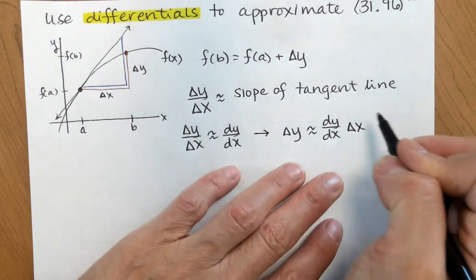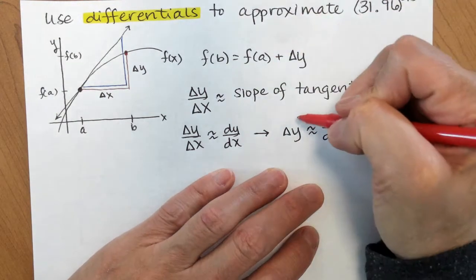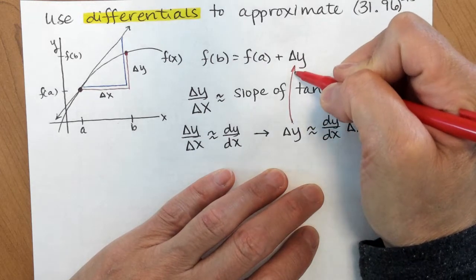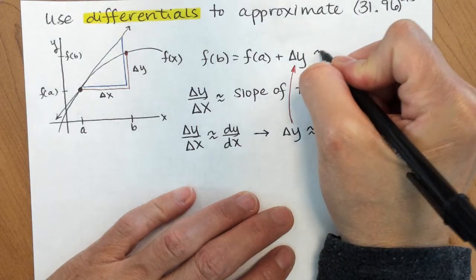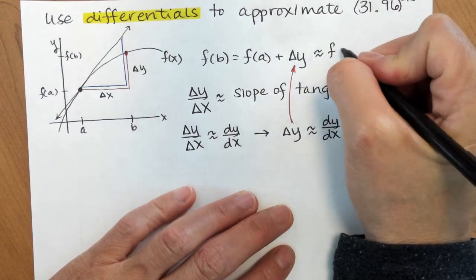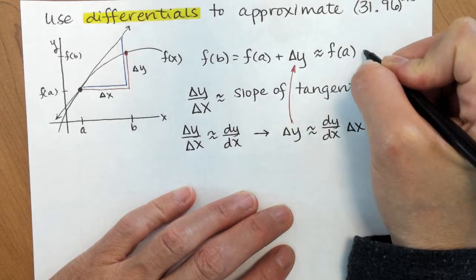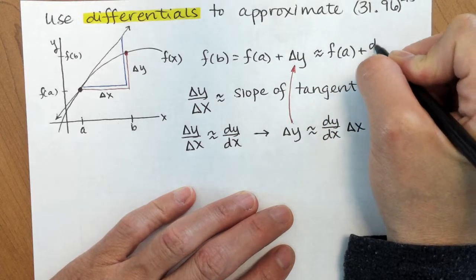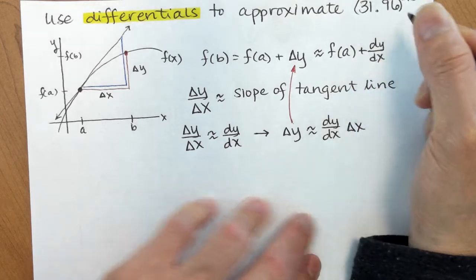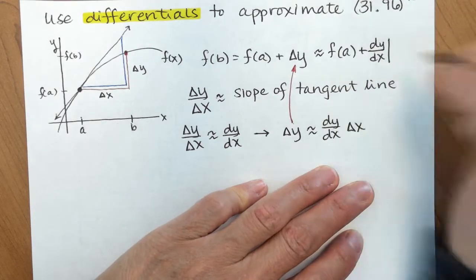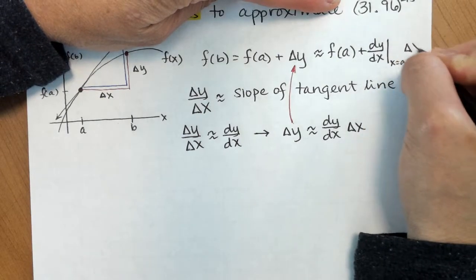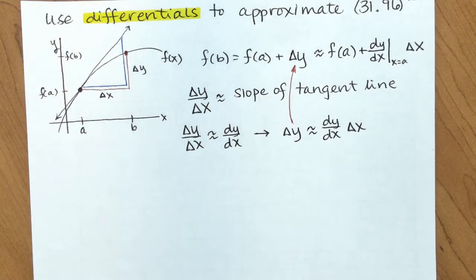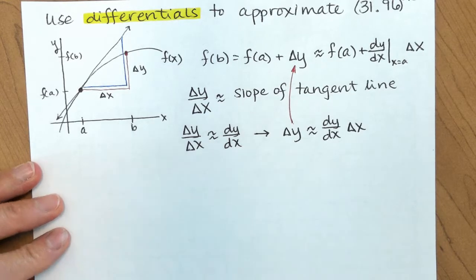So if I use this approximation in this equation, then I can say that f of b is approximately my y value at a plus the derivative when x is a times delta x. Alrighty. So let's put this all into action and try and approximate